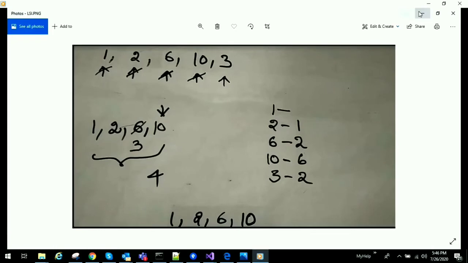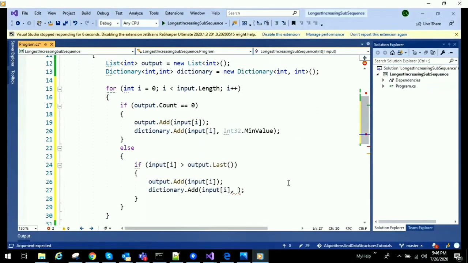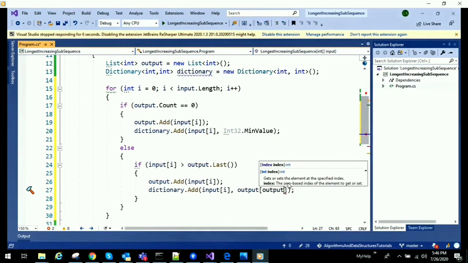So that's what I am doing here also. output.Count - 1 basically gives the last element, and we need the previous element. It means that we need to do one more -1, and finally it will become -2, and this is the value after which this input[i] has come.